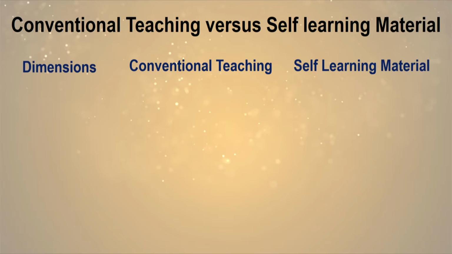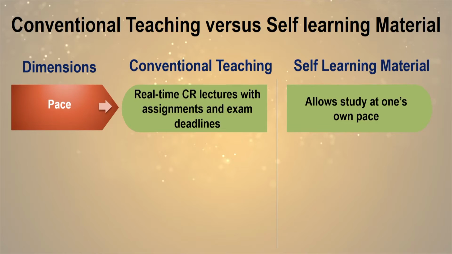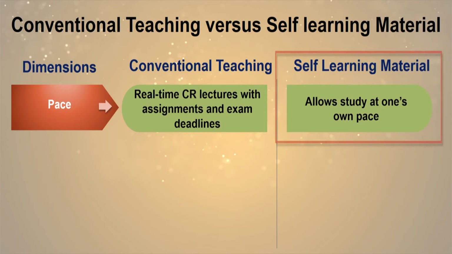The first dimension is pace. In traditional classroom teaching, all the students are supposed to receive instruction as per the rate of delivery by the teacher, and slow learners may lag behind very easily. As far as self-learning material is concerned, it is highly individualized and every learner proceeds at his or her own